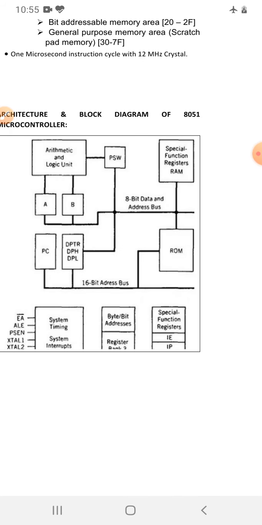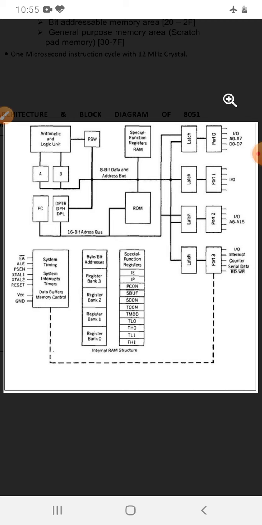right? And since the length of your PC is 16 bits wide, or in other terms, as there are 16-bit wide address buses available, the 8051 requires a maximum 16-bit address to access the content of your external memory. The address can range from 0000H to FFFFH. H stands for hexadecimal, whatever the notation of the address we are speaking of, it is in hexadecimal. So using 16-bit addresses, the maximum